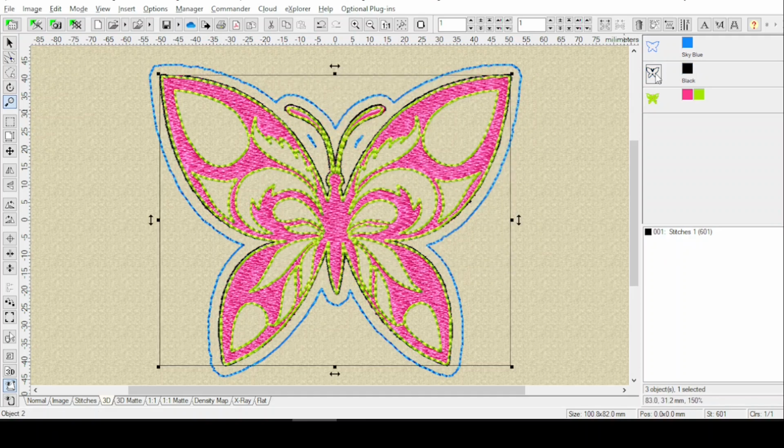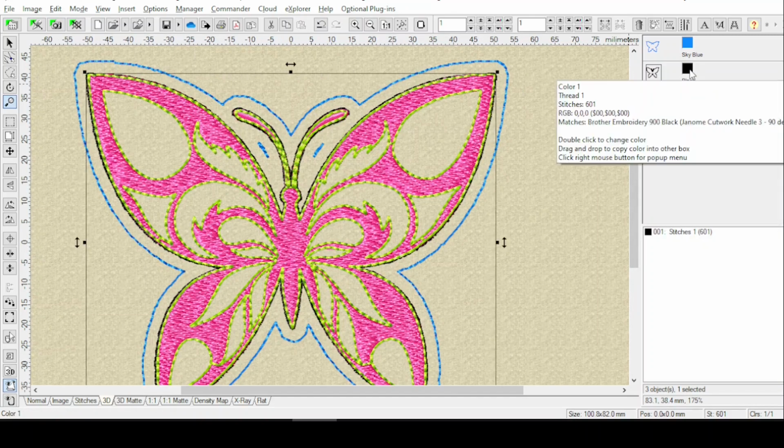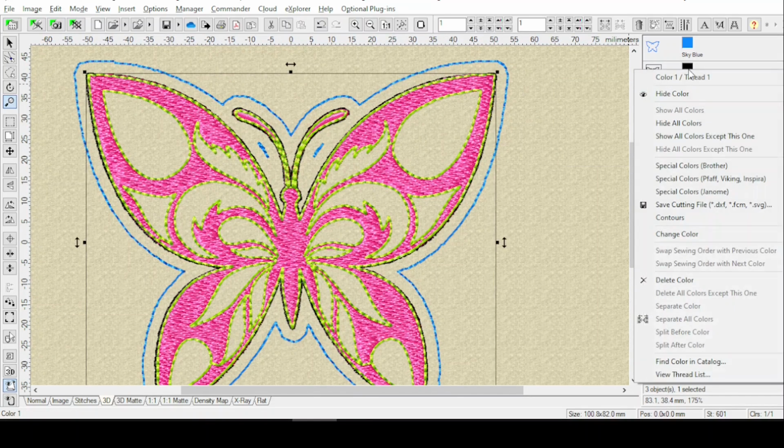And so that one's black, and then this one will be blue. However, when we take them into Studio Next, they're both going to be black because they're going to be imported as SVGs. So how do we import these as SVGs? Well, you just right click on the color block, so not on the object but on the color block. You right click, save cutting file, and you can save them as these different formats, and you'll want the SVG